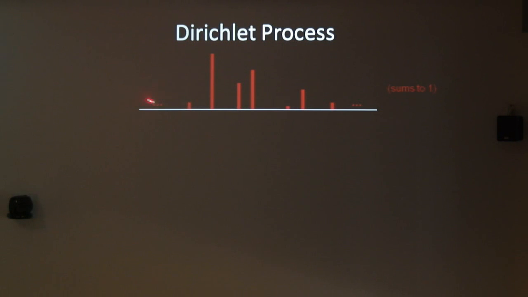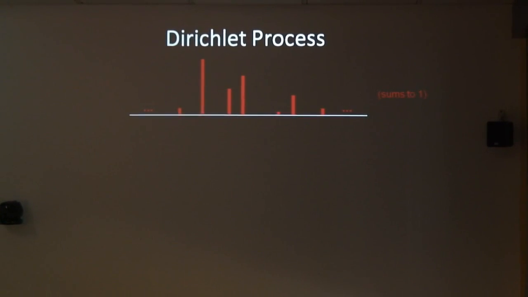And these sticks are random, so their location and the size of the sticks is random. They have a particular distribution, the Dirichlet process distribution, and they sum to 1. So this little picket fence here is a probability distribution because it sums to 1, and it's a random